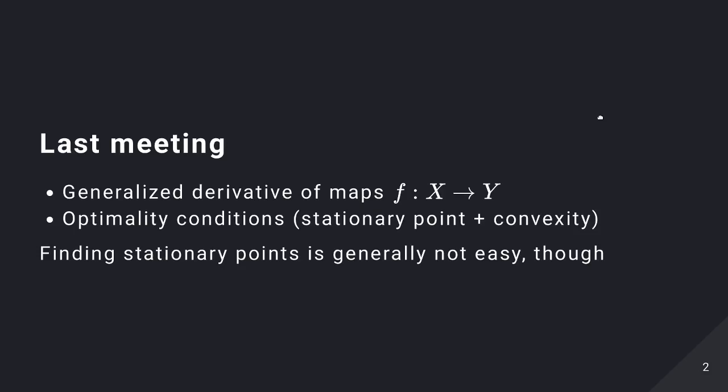So yeah, last meeting we sort of discussed the first part of this chapter, which was about defining a general notion of a derivative of a map between two vector spaces, X and Y. To recall, this meant we can define the derivative as a map from X to a linear map from X to Y, this linear map being bounded. We saw some examples, and as discussed, it's not the only way to define a derivative on vectors between these vector spaces, but it's one of the most useful,